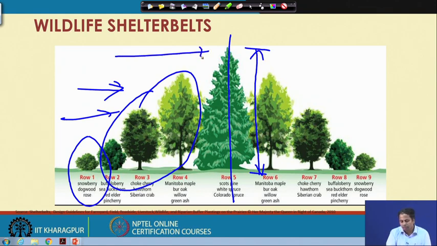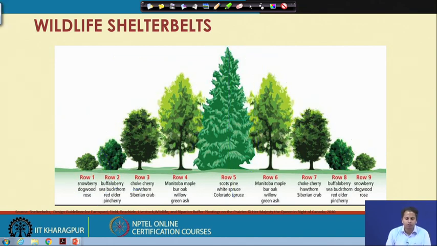And again towards the leeward side, we can follow a similar pattern. This is one example of a wildlife shelter belt, a combination of multiple trees and shrubs to make a better wildlife habitat.